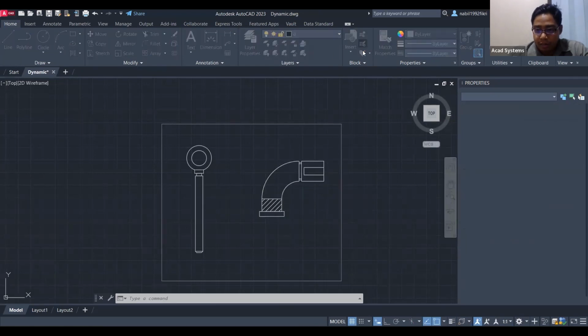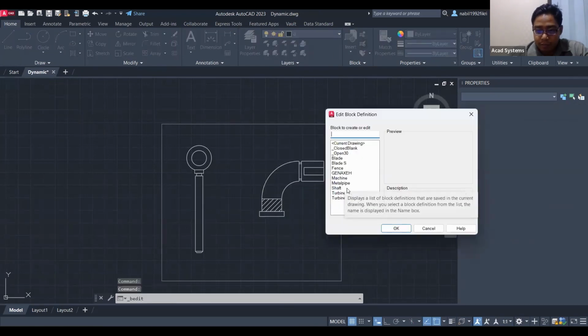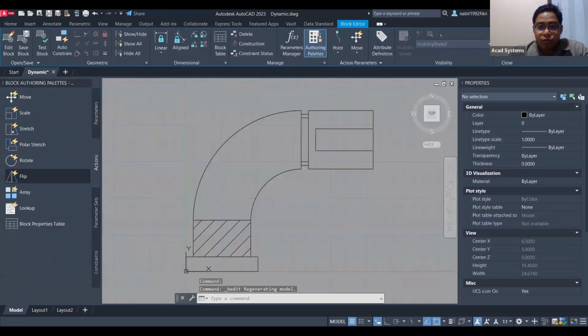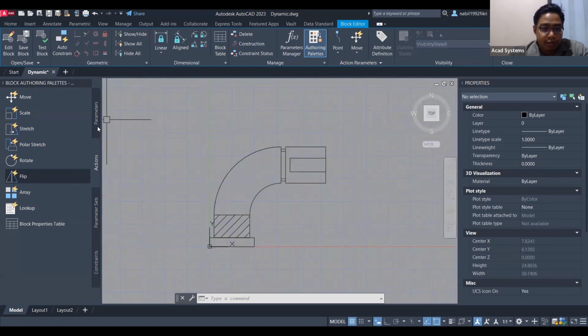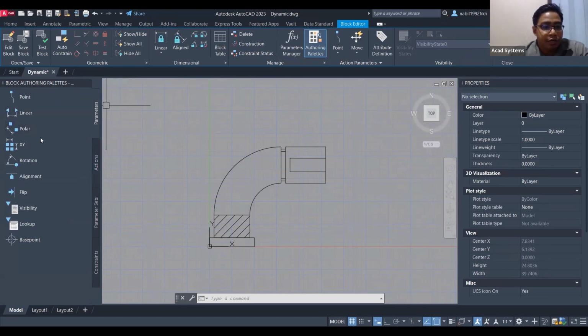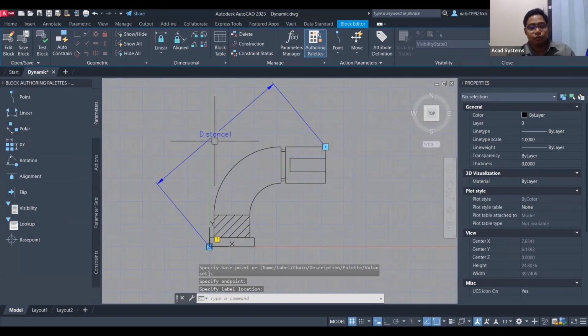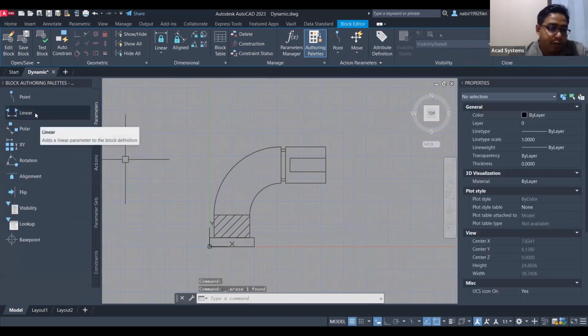So if I go ahead and select my item over here, now we're going to add the scale. For scale, again, on the action we have scale, and in the parameter we have this linear or polar or XY. So we can use either one. Maybe if you want to have a polar, you can use polar. It will scale based on this distance over here. Maybe I don't want distance, I want to have a linear, so I can select linear. So if I select linear,